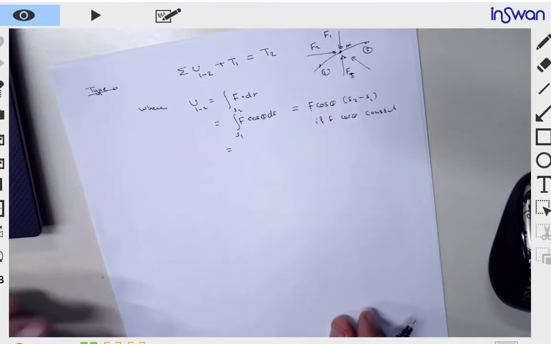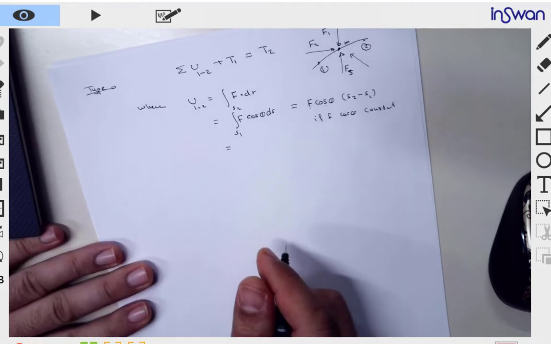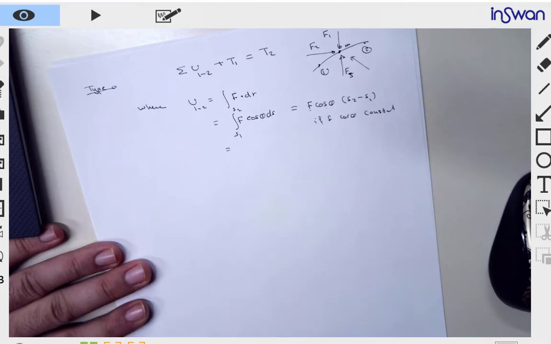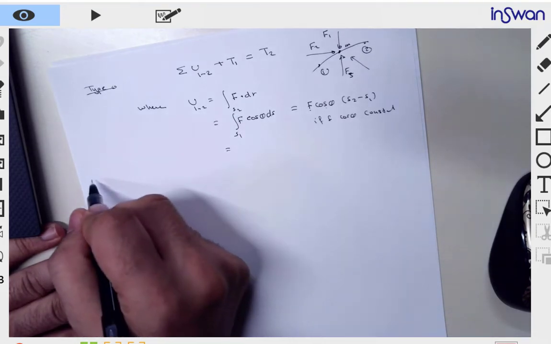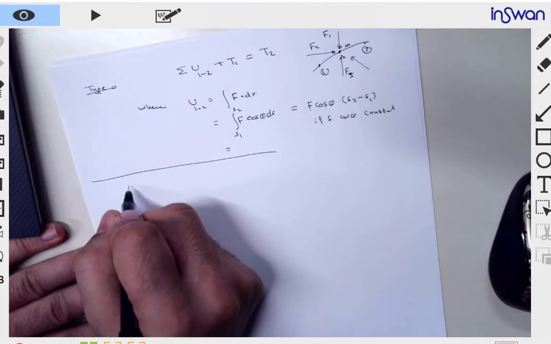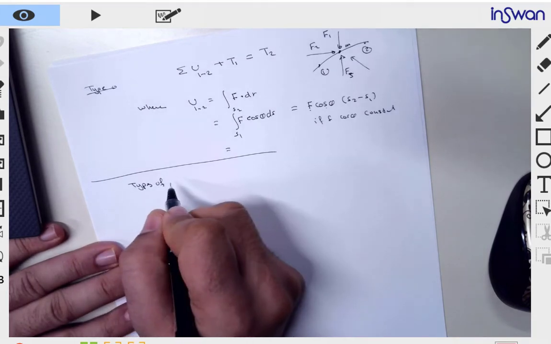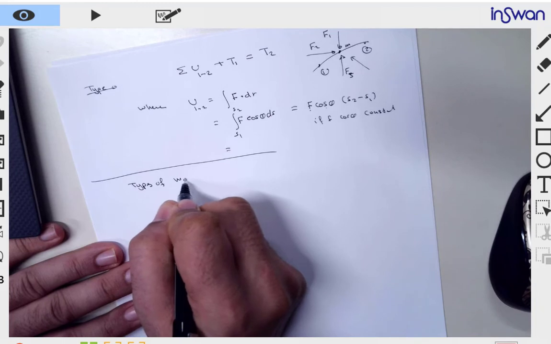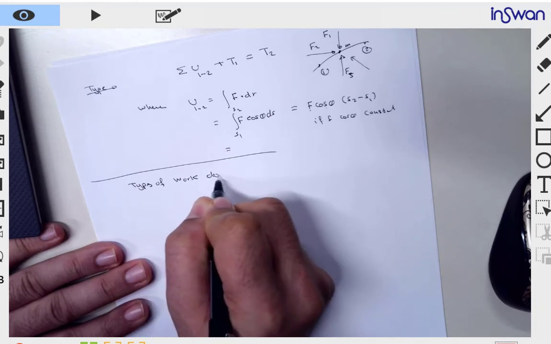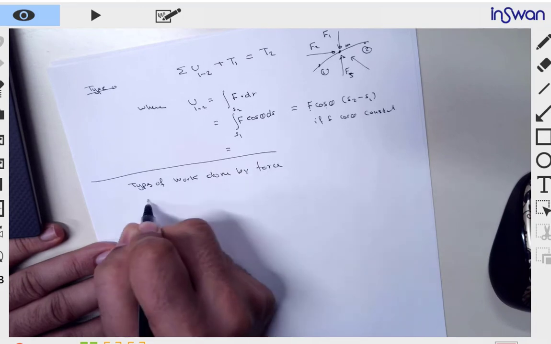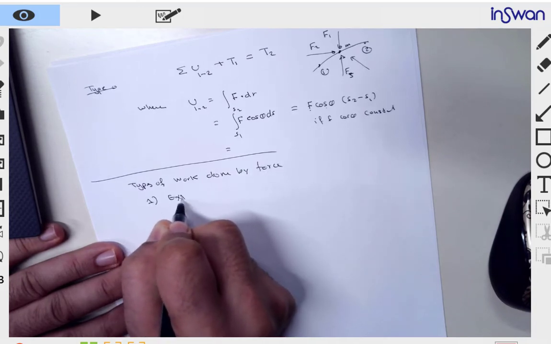Now, in case of external force, this is what you use, right? So is there any other types of work done by forces? So the first one is the external force,